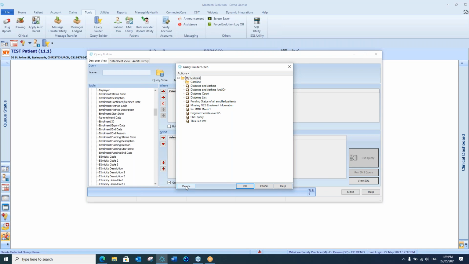Most of you, if you've moved over from Medtech 32 to Evolution, will probably have taken the opportunity while going through that exercise to tidy up your list of queries. But if you didn't do that, a